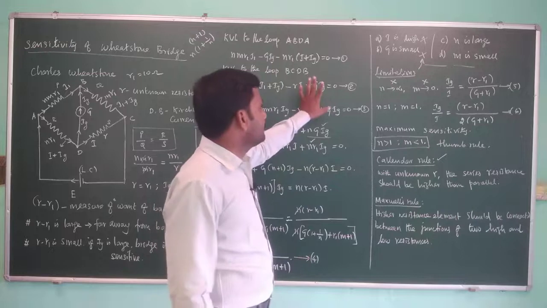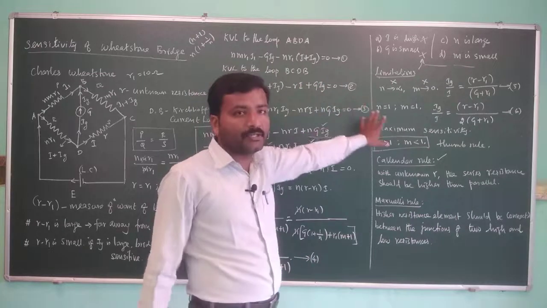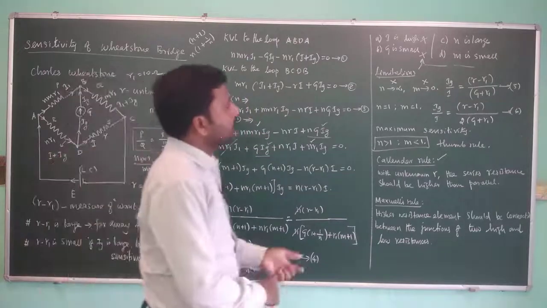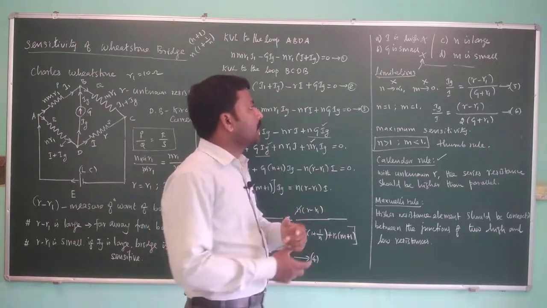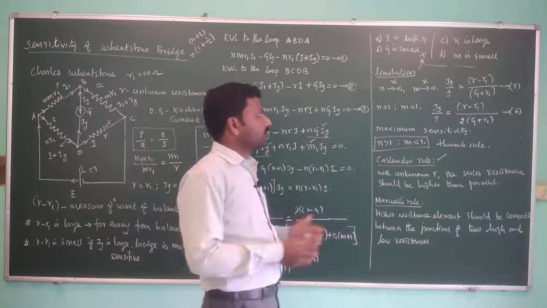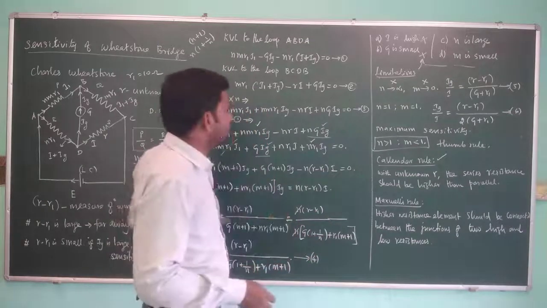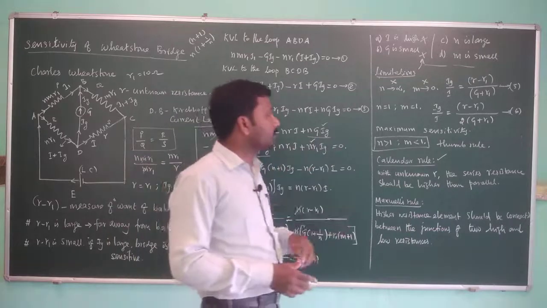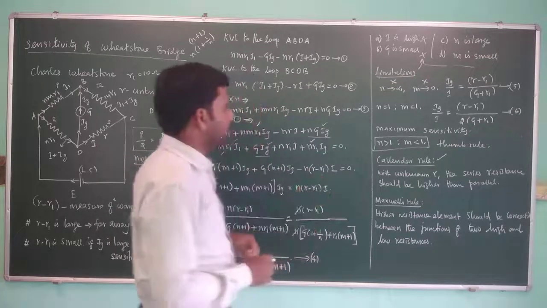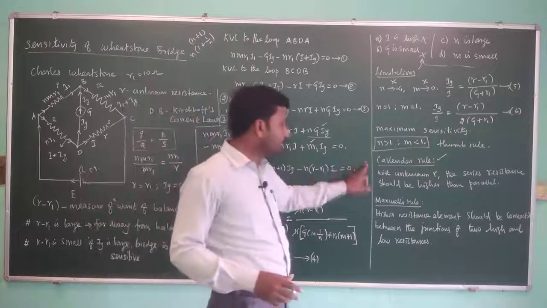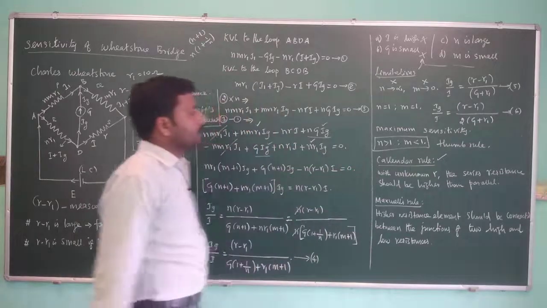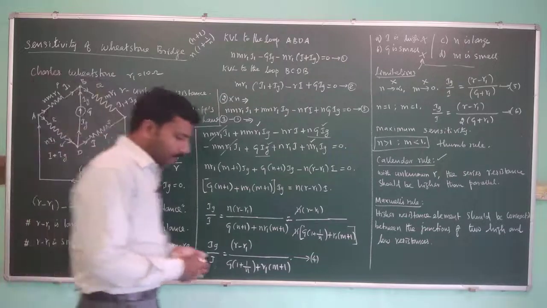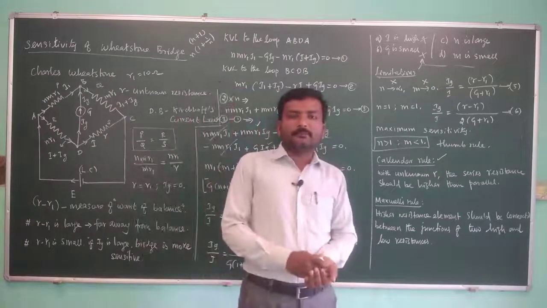So with all these limitations, we ended up putting N equal to 1 and M equal to 1. That will give us the equation Ig by I equal to (R minus R1) by (2 plus G plus R1). That is the expression for maximum sensitivity of this setup. And in general, we assume N greater than 1 and M less than 1 as a thumb rule to have the maximum sensitivity. There are 2 rules. One is Callendar's rule, another one is Maxwell's rule, given to understand where the maximum sensitivity can be achieved. So with this, let me stop here.